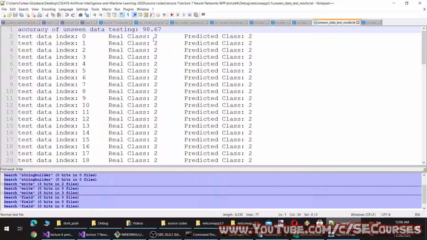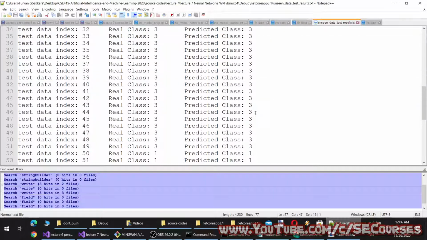Okay, you see now our accuracy has fallen. Here it has incorrectly predicted, and probably this is the only one. Yeah, only one test data has been incorrectly predicted and it is pretty good, which means our model is pretty successful. It didn't memorize. However, this data set is pretty low. I will take a pause and we will continue.